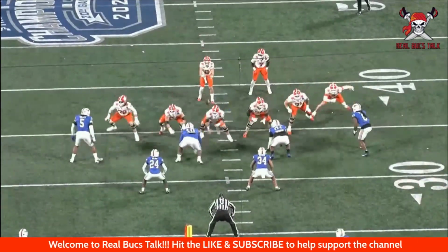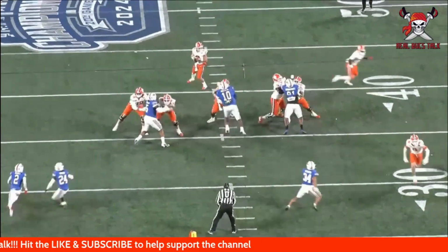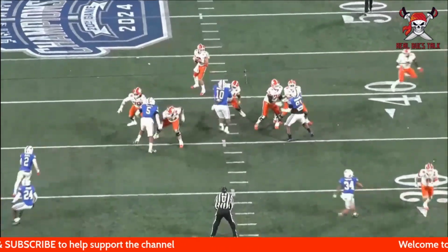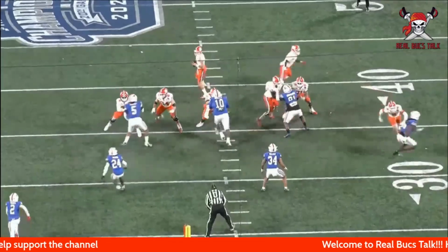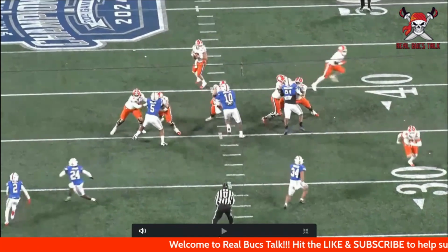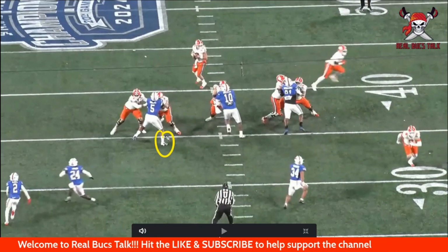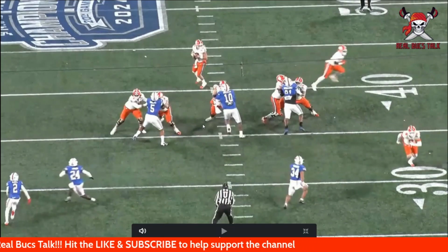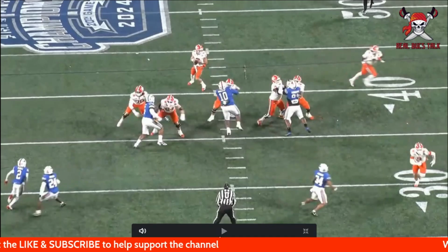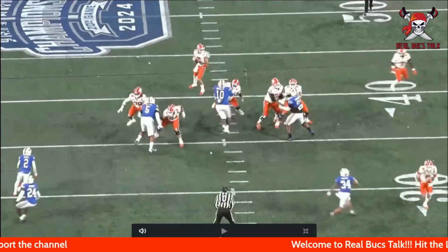Let's be honest, he can do enough on the outside like Anthony Nelson, but I think his bread and butter is going to be on the inside, like Logan Hall: shooting gaps, winning with a swim, and using your hands. Like you were just saying, knocking the left tackle's arms off of him as he gets thrown into the guard. Once he's at the guard, he maintains that one leg still with his balance, pulls him forward. Look at that, grabbing that outside elbow, pushing it down to get the guard off balance,